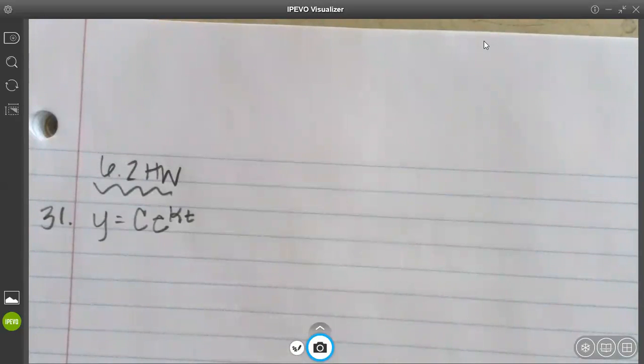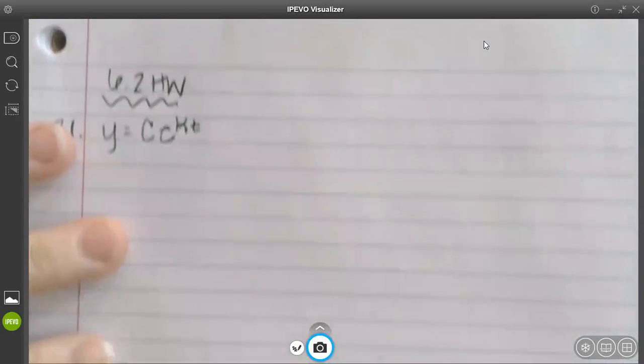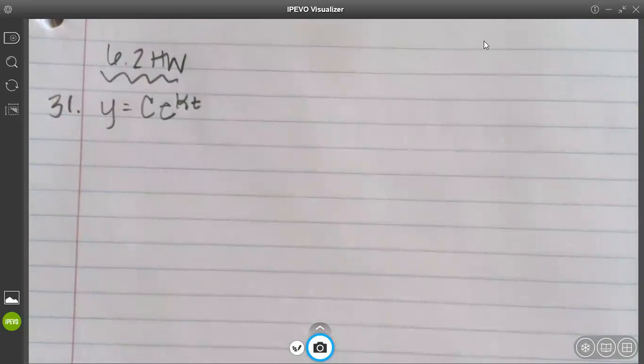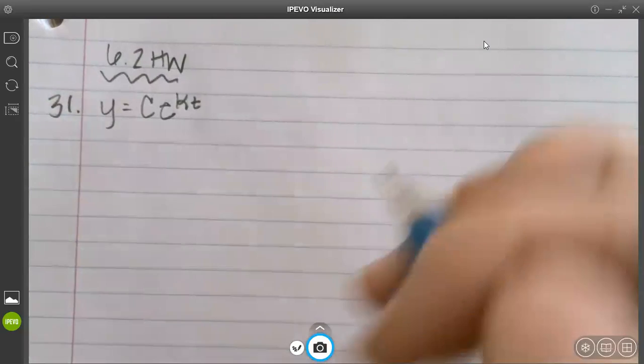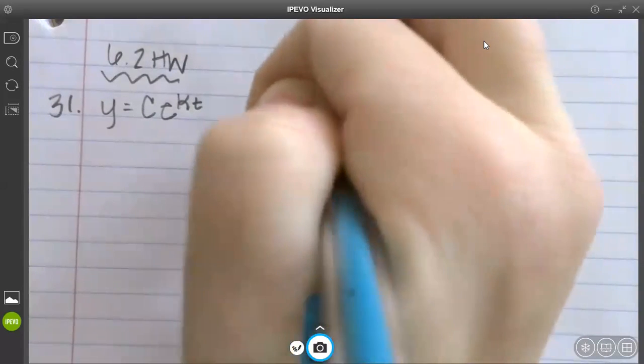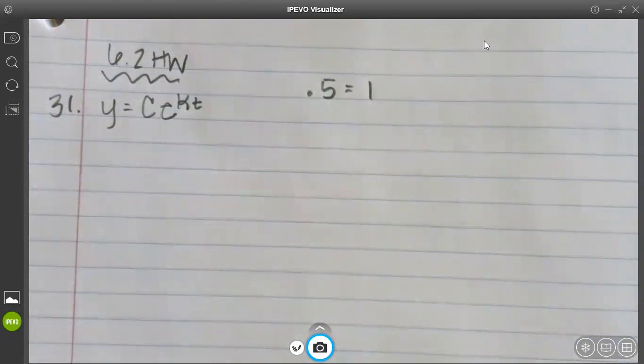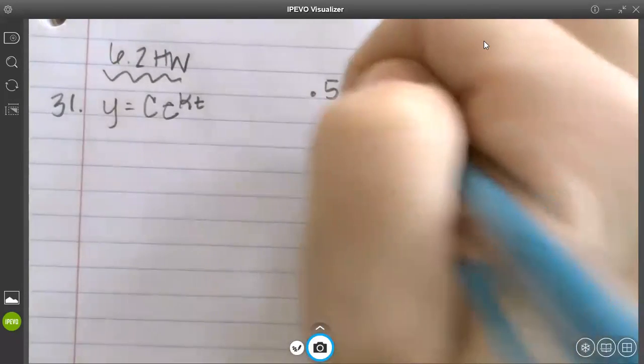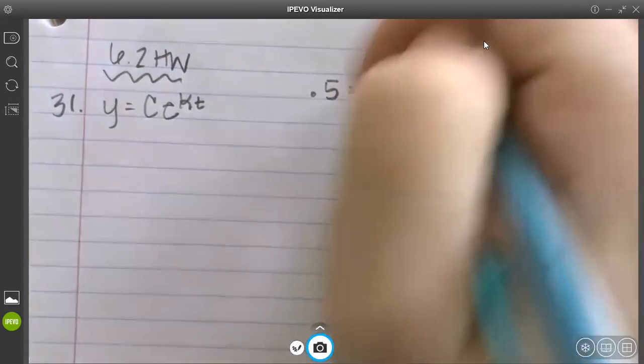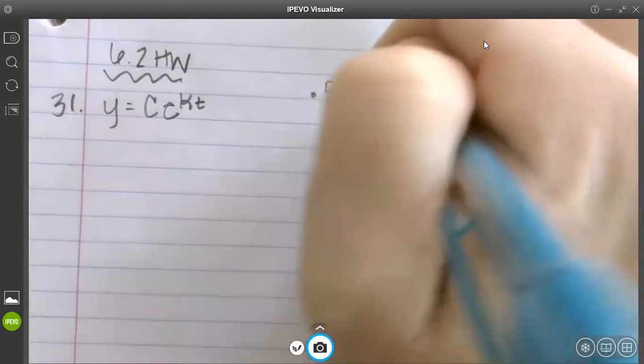All right, y equals ce to the kt. It asks you about a half-life. So I thought I went over this a little bit the other day. I did with you, but I thought I did it in class as well. Anytime we do a half-life, we're going to do half of the original amount. Does everybody understand that? So every 1 unit is going to be that e to the k, and it said a half-life took